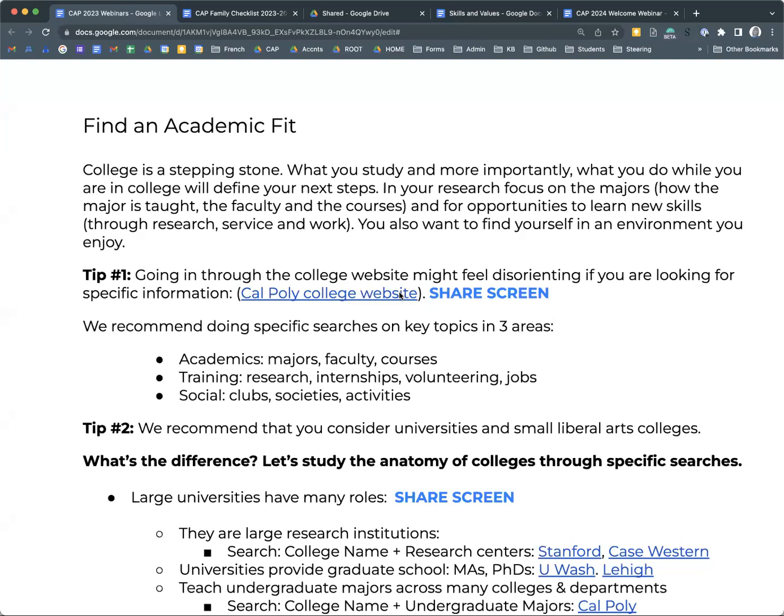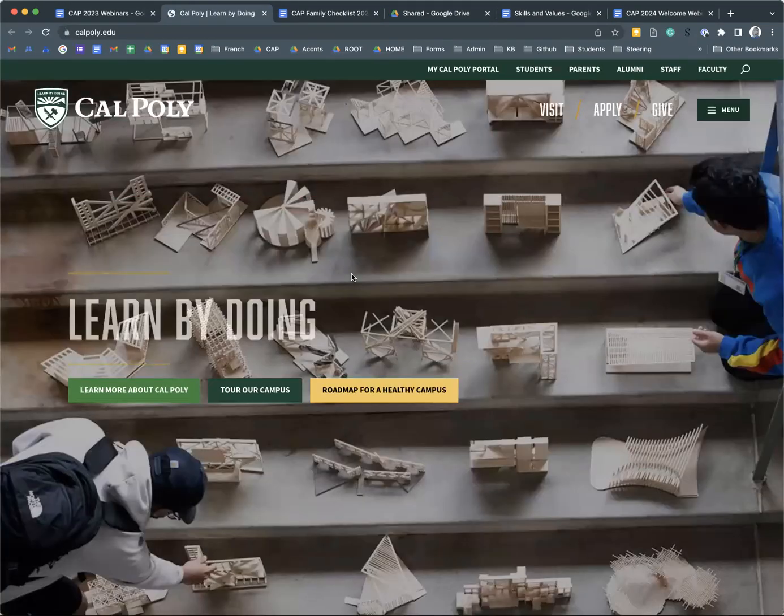One of the main ways that you'll be doing your research is through the college website. I just want to share with you quickly what it looks like and feels like to go straight into a college website. I know this is obvious, but what I'm trying to show you is how confusing it can be. So we're going to look at Cal Poly here.